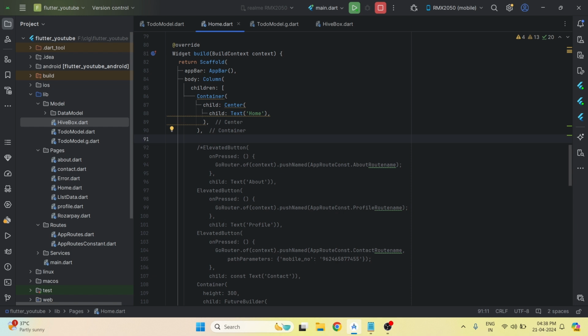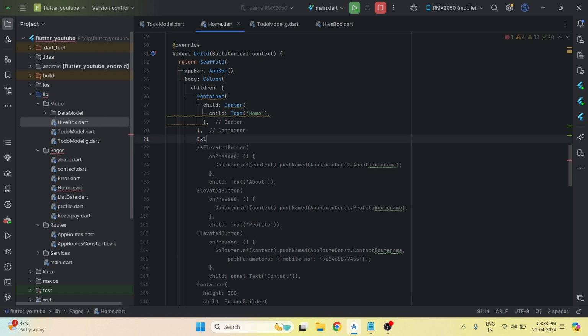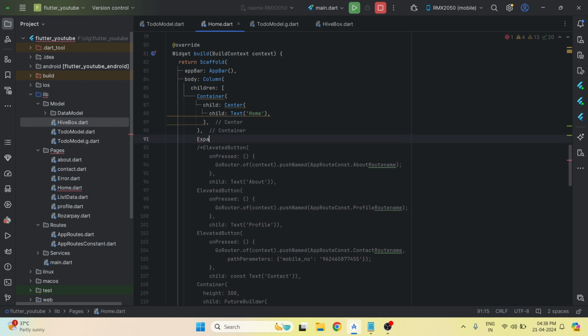In the last tutorial we added the data in a Hive database. In this tutorial we get the data from the Hive database. So first of all we create an Expanded widget. The Expanded widget holds the external part of the column, the unused part, which is not used by the column. It accesses the unused part